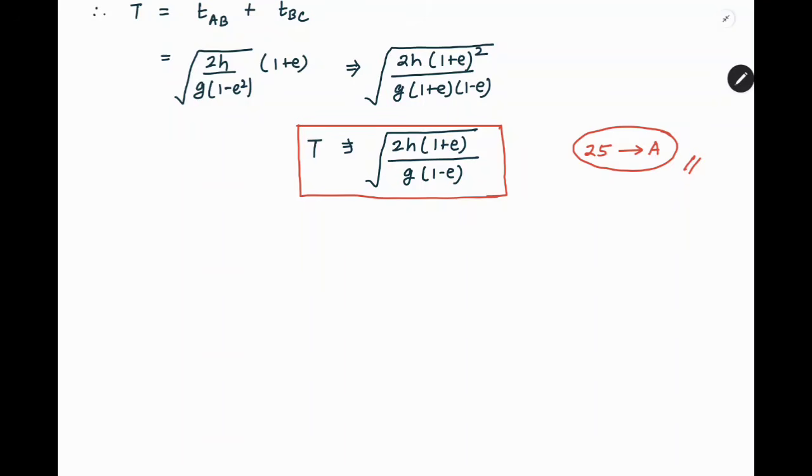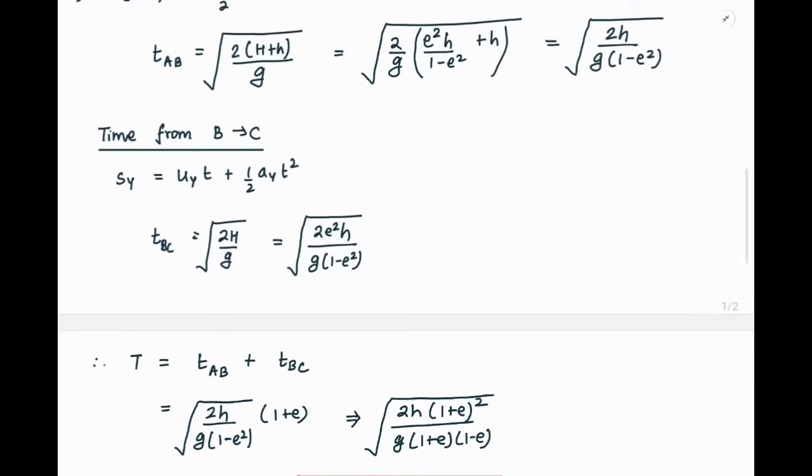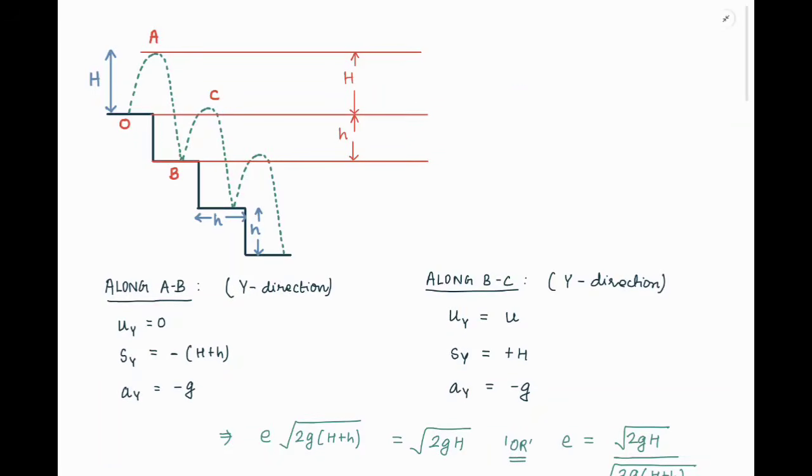And now we are dealing with one more part, which is the 26th problem, the horizontal component of velocity of the marble. So for calculation of the horizontal component, we are solving along the x-axis. This is the only time that we are going to solve along the x-axis. There is a component of velocity along the x-axis which we are looking to solve, which is definitely responsible for the displacement as the marble is going from one point to another. So if we come back to this original diagram, we can say that the displacement in the x direction